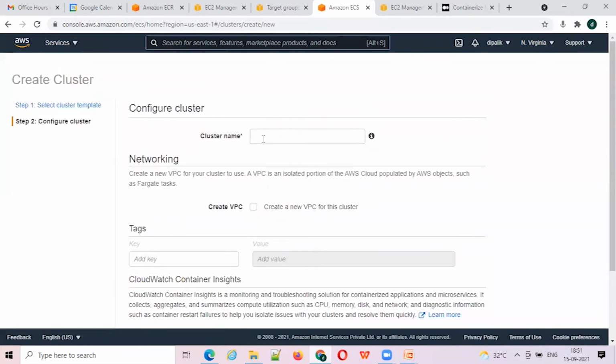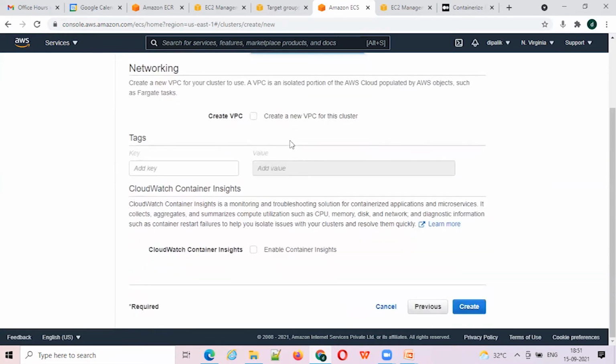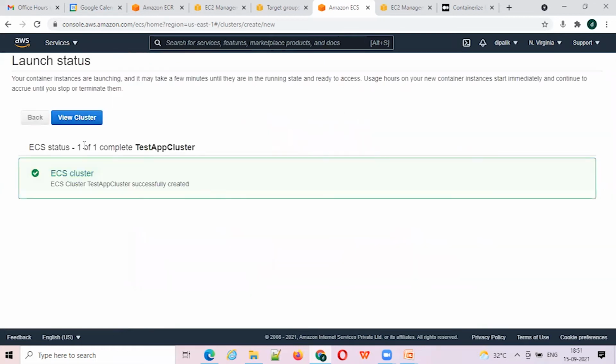We will provide a name to our cluster. So let me say test app cluster. Then if you want, you can create a new VPC, but since we have created the load balancer in the default VPC, we will stick to the default VPC and simply create the cluster.